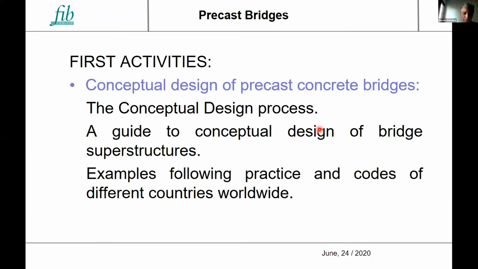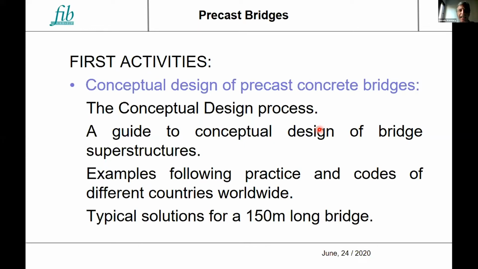What's most interesting, from my point of view, is that it presents several examples of different solutions following the practice and codes of different countries worldwide.